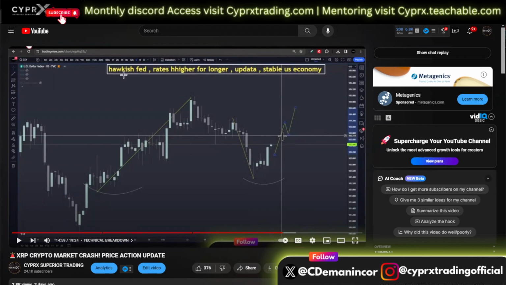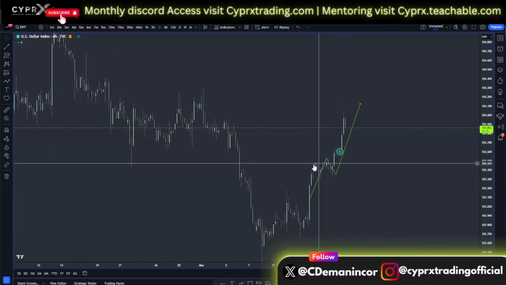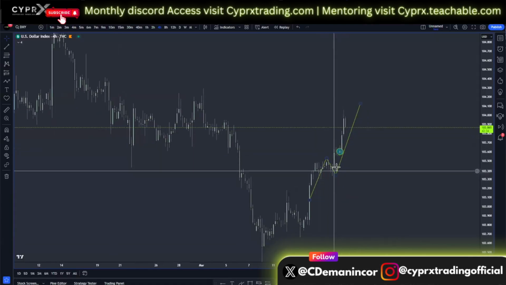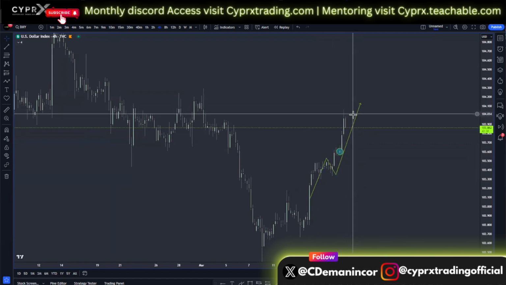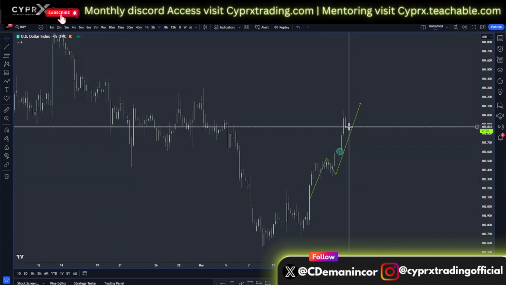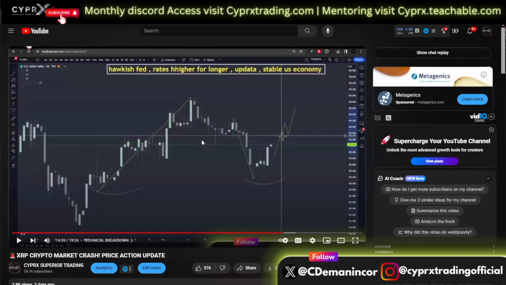Fast forward to today, here are the drawings from that day, and you can see the dollar had a significant increase up into roughly around the 104.00 before slightly pulling back on the day. So this just goes to show, again, the information that we're attempting to put out to you all in advance. That's the key here, in advance. We hope that you all are paying attention, all right?